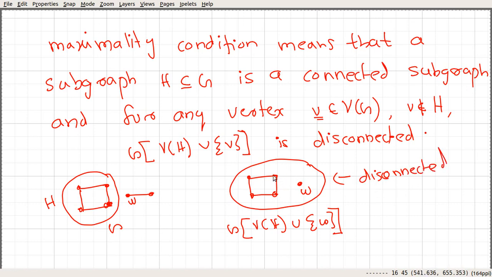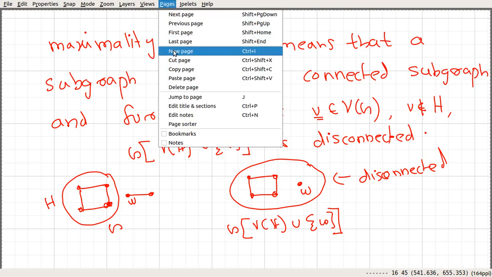That's what this maximality means. If you consider a vertex that doesn't belong to the subgraph, and you consider the induced subgraph obtained by taking the union of the vertices of the subgraph and a vertex that does not belong to the vertex set of H, then that subgraph will always be disconnected. So that's what a maximal subgraph means. Once you understand all these things, let me give the definition of